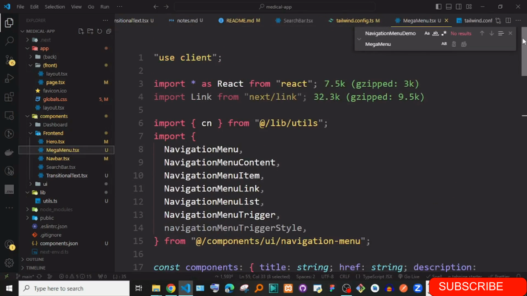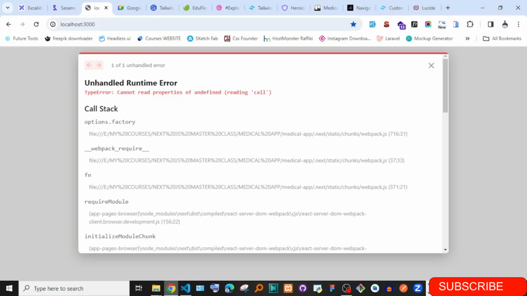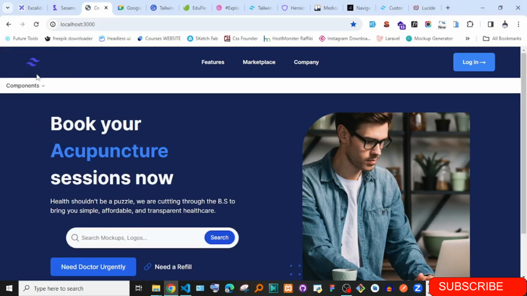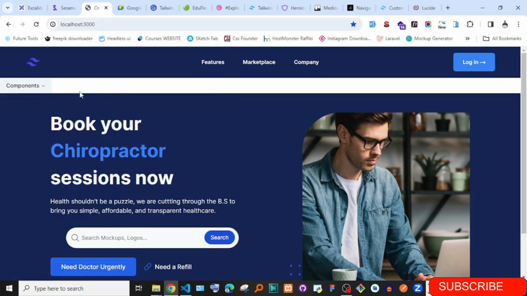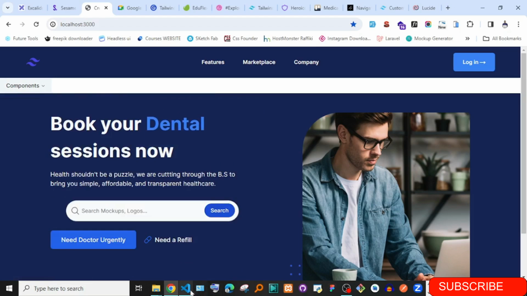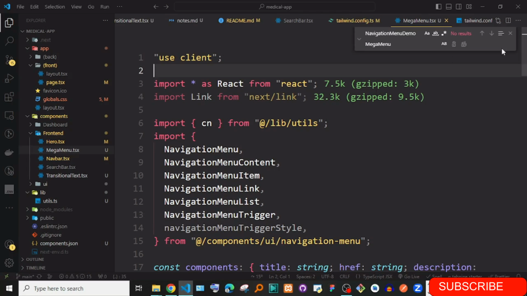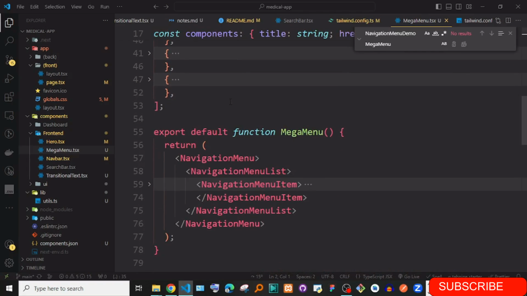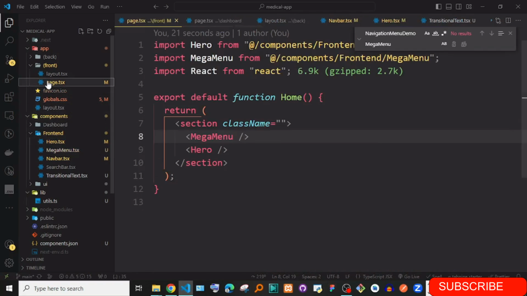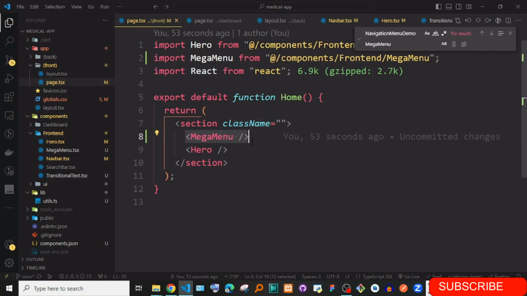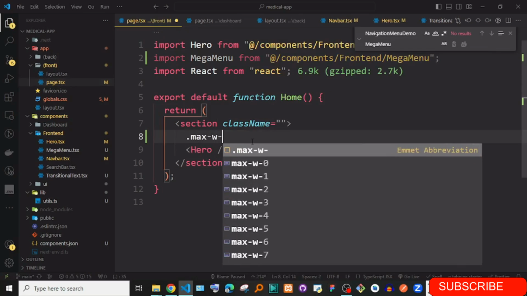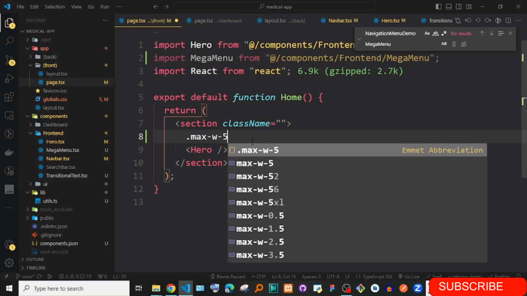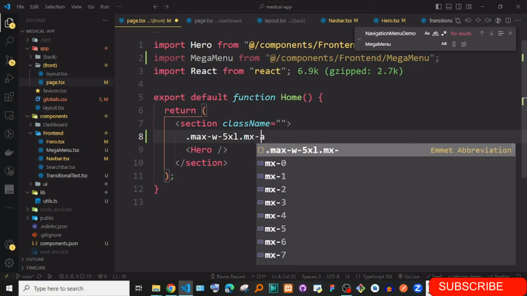Do we need to put use client? It is already there. Let's reload. Okay, so we don't even click, we have them here. So let's just go ahead and put them here. So I'm just going to give max width. In front here, I could just say dot max width to be 5xl